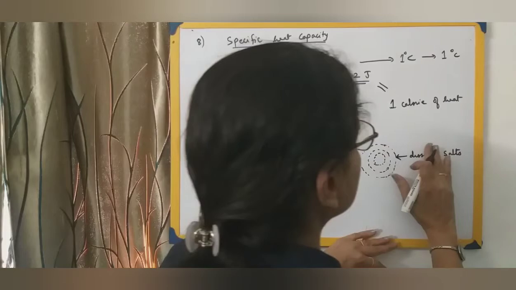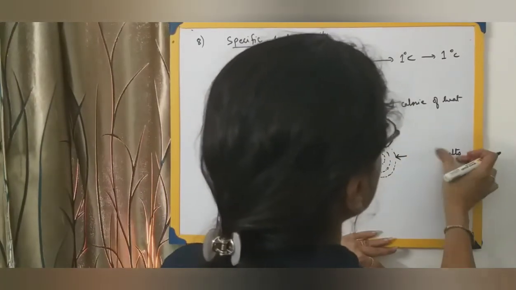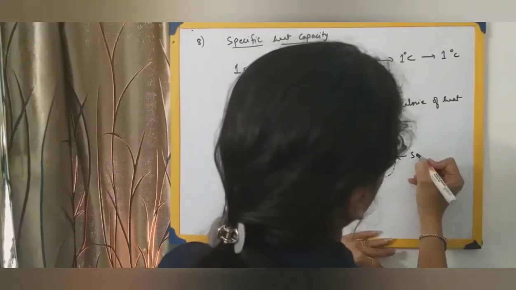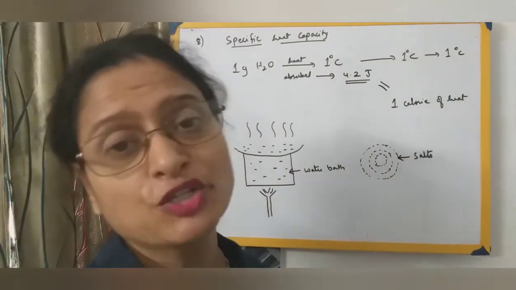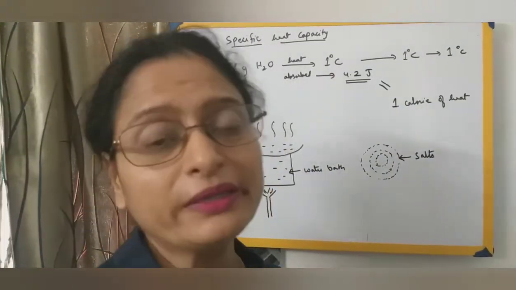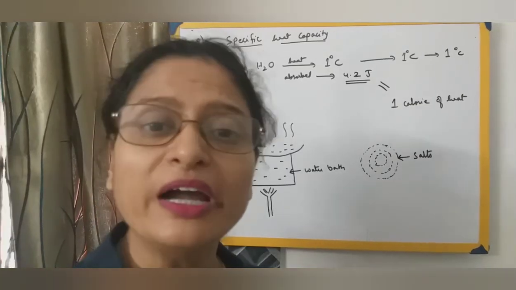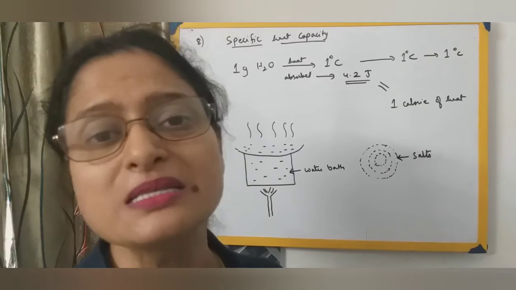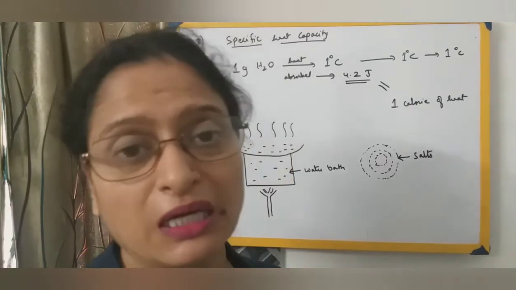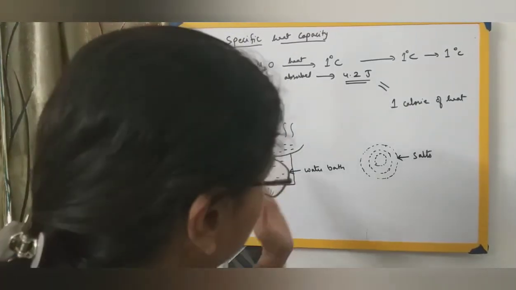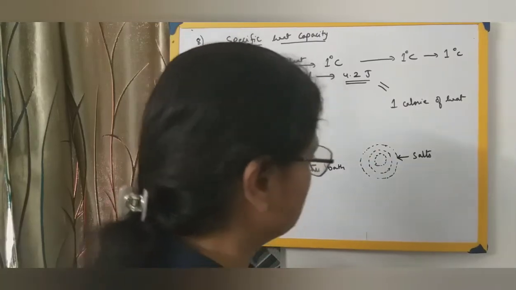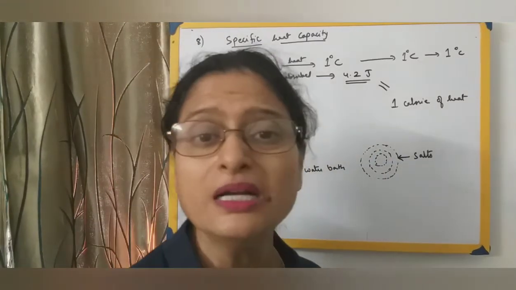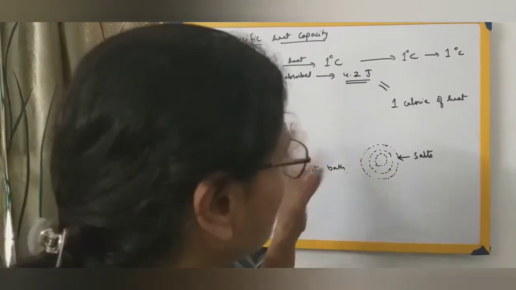So we cannot call these dissolved salts. These are the salts which seem to be dissolved, but they are not actually dissolved. If you look at it, you will find that they seem to be dissolved, but some amount of it always remains undissolved, which we cannot see with our eyes. That is why we performed this experiment, and then we realize that some of the salts were undissolved. That is why they are forming some concentric rings.